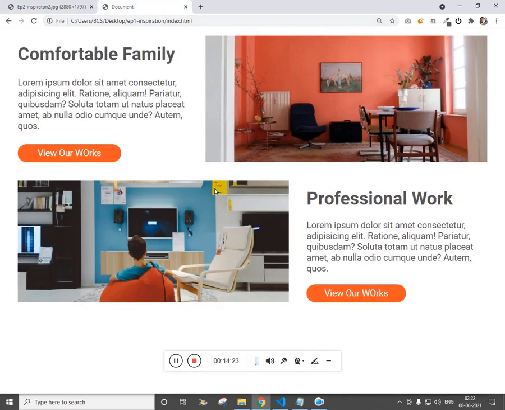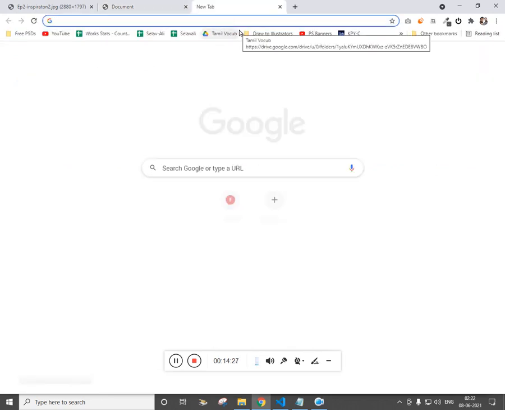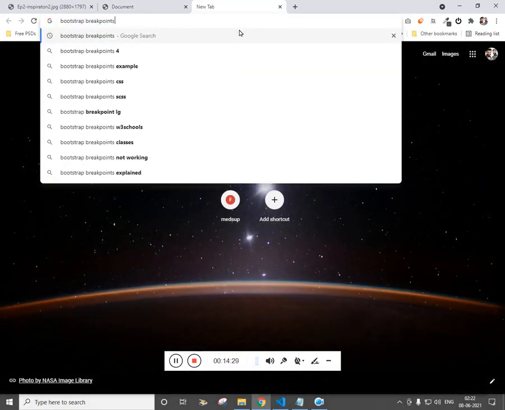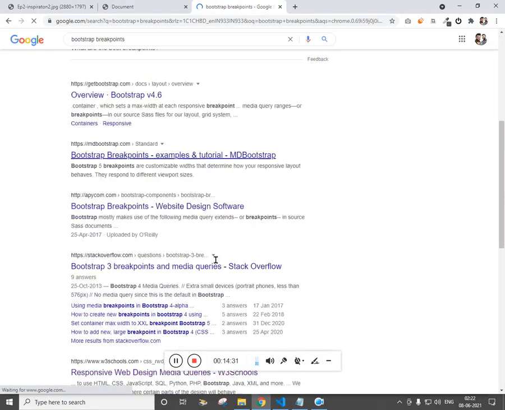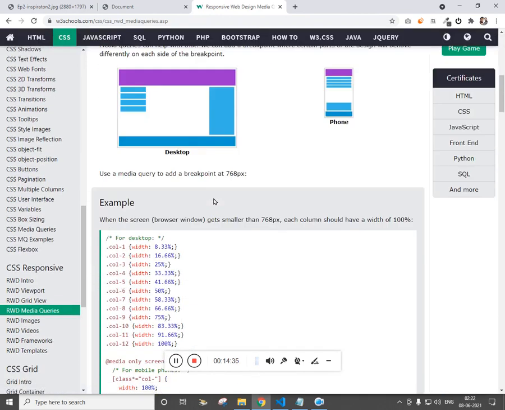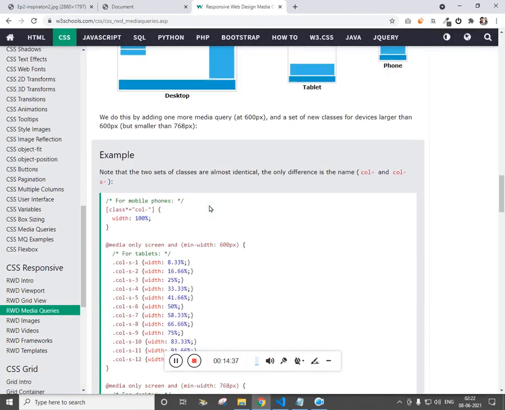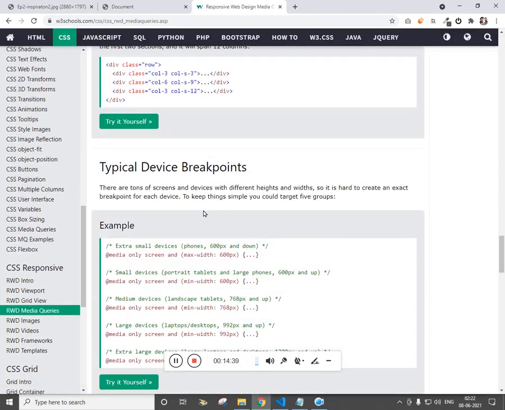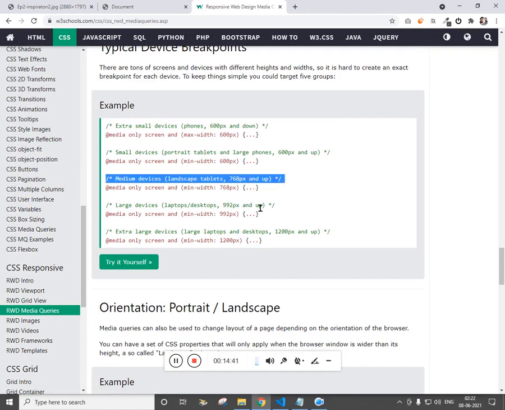Now let's work on the mobile screen. So for the mobile screen, as we do, let's get into the breakpoint. So we are going to specifically target the screen size and design it. So the screen size we are going to design is for the tablet and for the desktop.